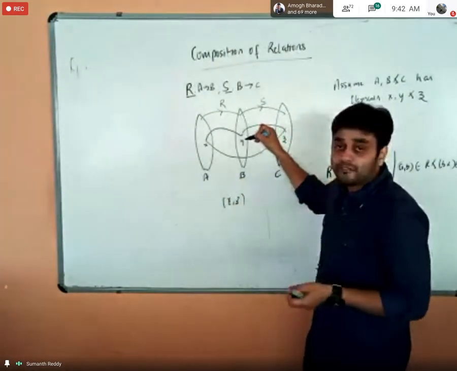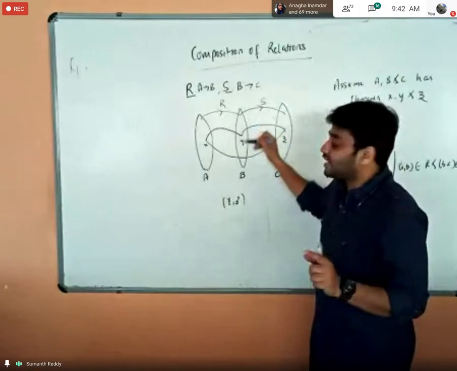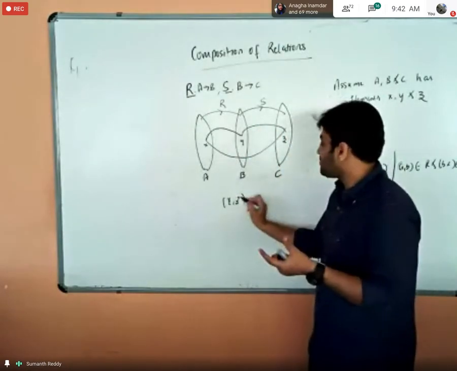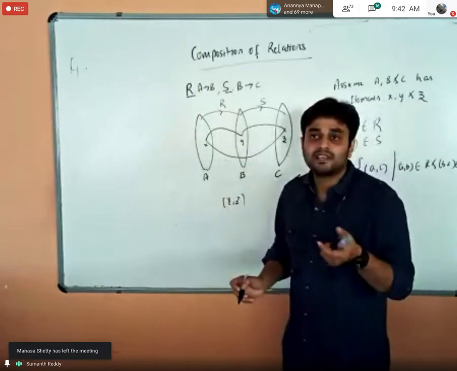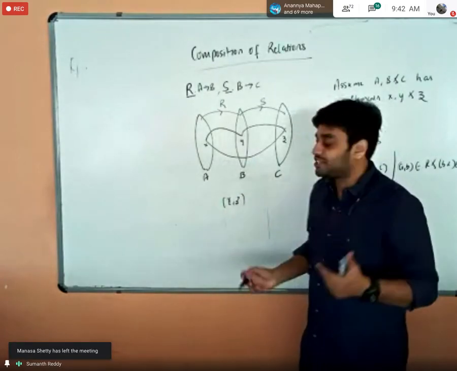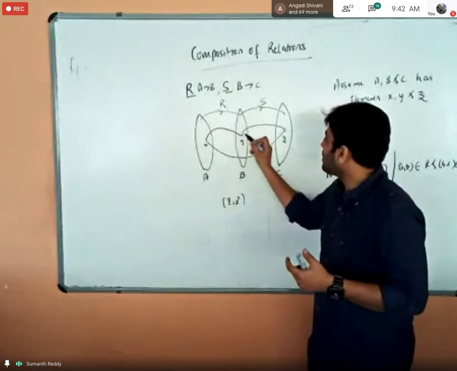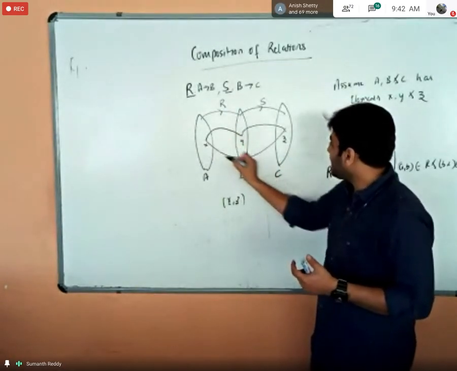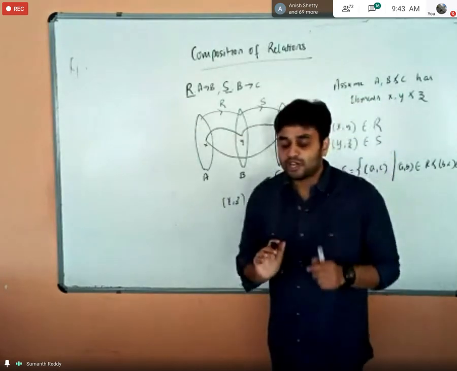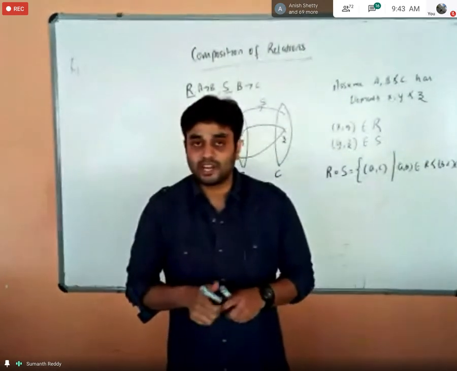There exists one more element y, such that I can split the relation x comma z into 2 intermediate relations. So here, 2 intermediate ordered pairs that belong to the relations, like x comma y belongs to R and y comma z belongs to S. So if I have this kind of relation, I can take x comma z. I'm sure when I solve the problem, you'll understand even better.